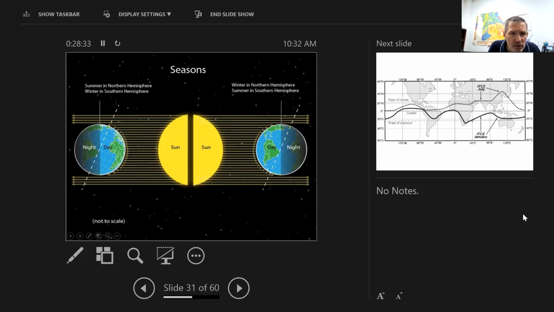But I want to focus on where the direct rays of the sun are, which technically is called the subsolar point. The sun is shining directly at the Tropic of Cancer here and the Tropic of Capricorn here, 23.5 degrees north and 23.5 degrees south. And incidentally, this is one of the ways that we